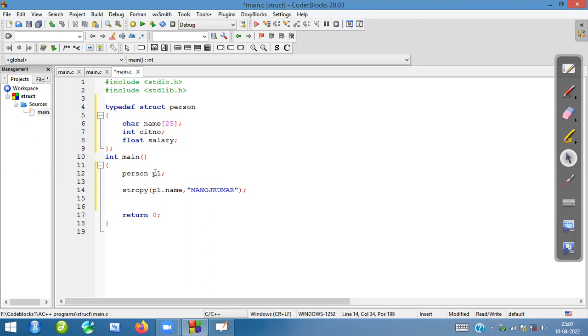So this name, written in double quotes, says that it is a string. That will be copied to p1.name, so in the name variable it will be stored. Basically, it is available in the data type, that is the struct data type. In that, name is a member here, p1 is a variable here. So I'm storing it in this particular